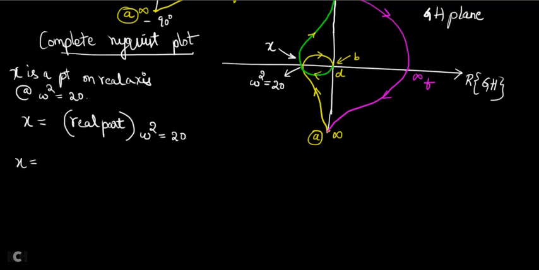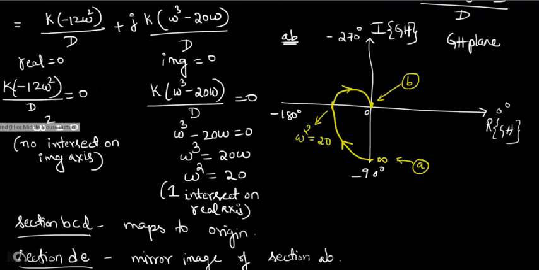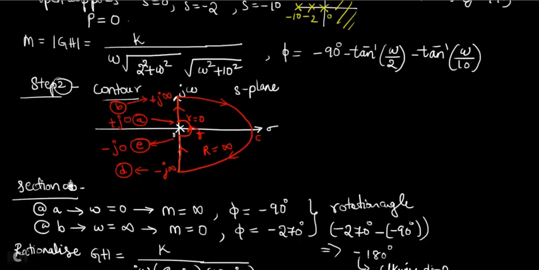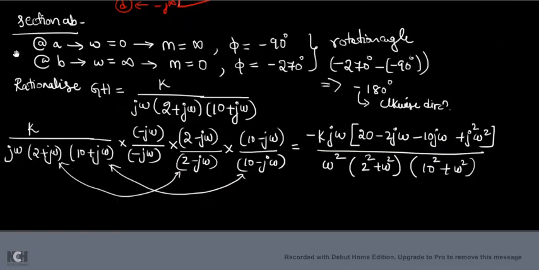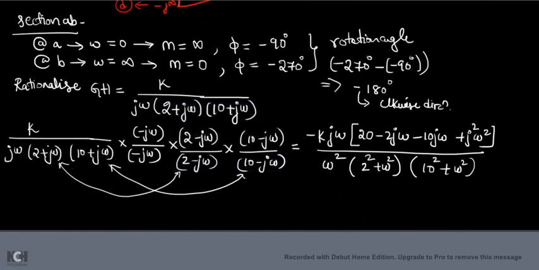Now you substitute the real part. What is that real part? Let me write it down from my step 2. Where is that real part? Here. See this real part: K minus 12 omega square divided by capital D. Capital D, you know what capital D is. You have substituted. Correct. That is your capital D. So in the previous step, capital D is there. See, this is your capital D. I'll anyhow mark it here. Whatever denominator is there, this is capital D. That I have to take down.